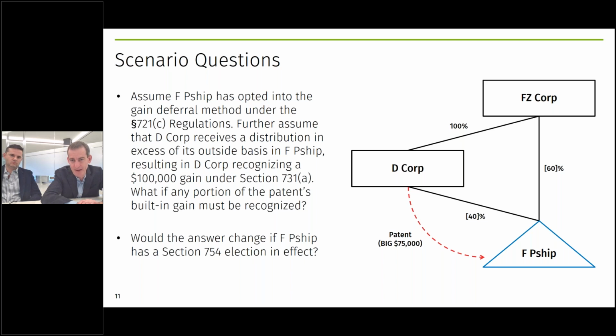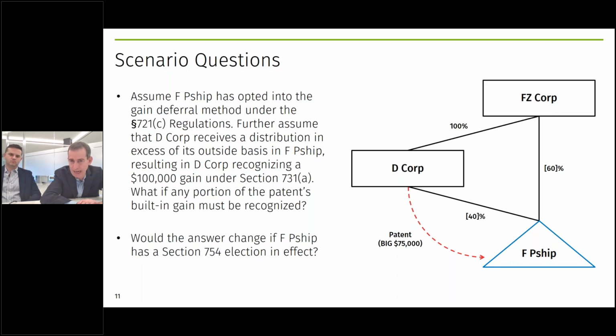And so in that event, what's going to happen is the partnership is going to step up the basis of its assets by the amount of the $100,000 gain that D Corp recognized on that distribution in excess of its outside basis. And so a portion of that $100,000 is going to increase the basis of the patent. You'd have to go through the mechanics of 755 to determine exactly the amount of that and so forth. But the reality is you've now increased the basis of the patent as a result of the 754/734